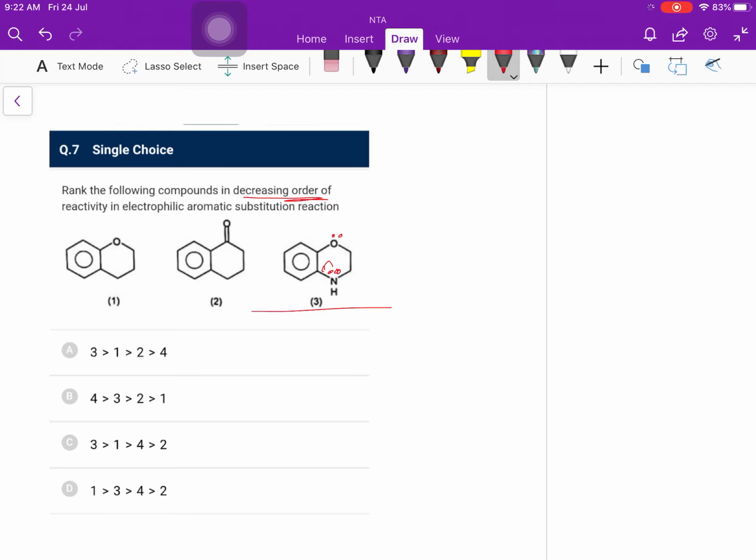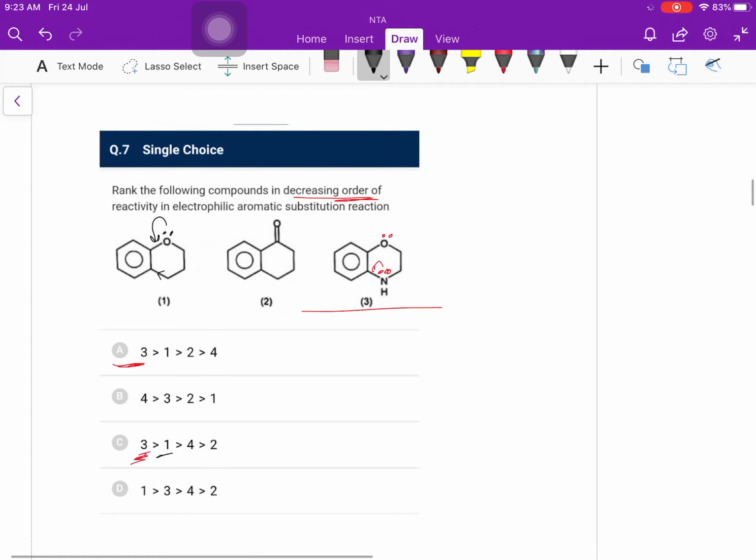Therefore, the third will be the highest in terms of reactivity. And then see here that in the first structure oxygen is present, so oxygen will donate. Also the methyl group is electron donating via hyperconjugation. So then 3, after 3 it is 1, and then